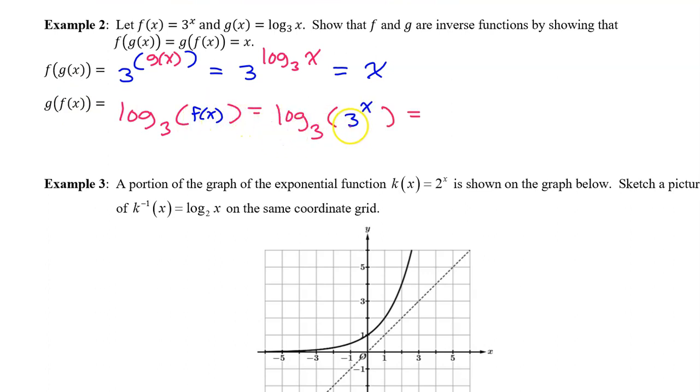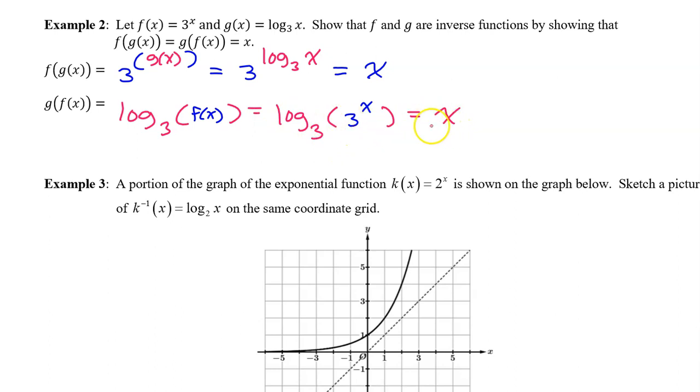But f of x is 3 to the x power, so now we have this. When you evaluate a logarithm, you ask yourself, what power will turn the base into the other number? So we are asking ourselves, 3 to what power is 3 to the x power? Well, obviously 3 to the x power is 3 to the x power. I know it feels silly. In practice, we just say to ourselves that the log base 3 and the base 3 cancel each other out,